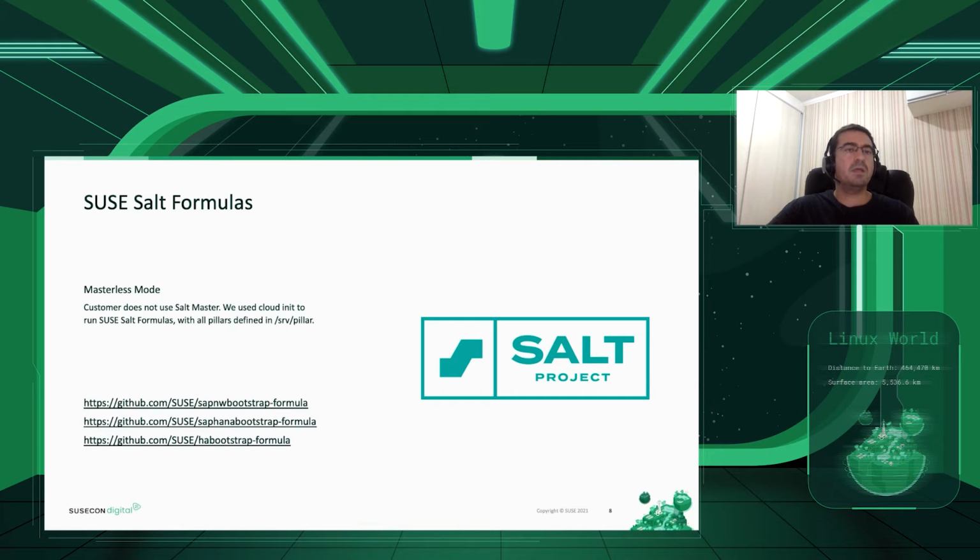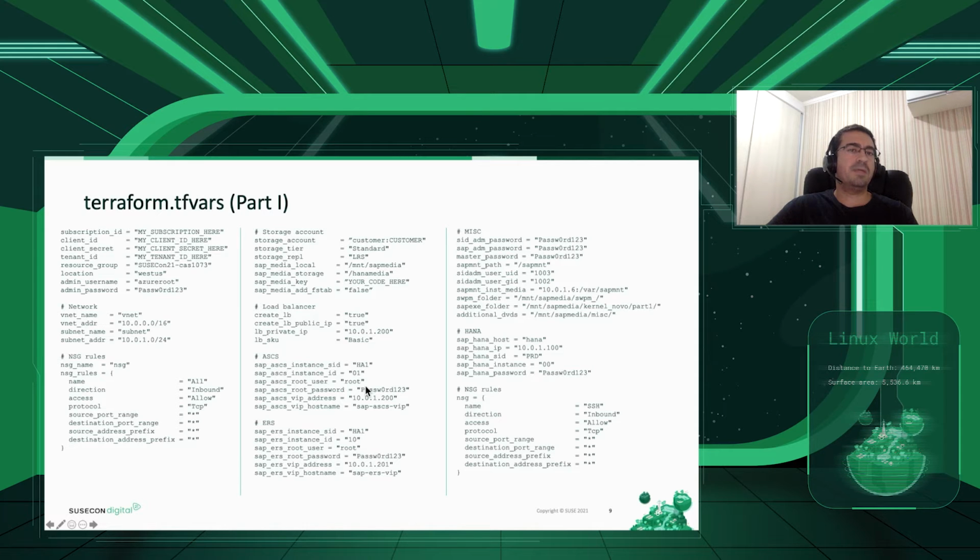And on the next slide, we have an excerpt from the terraform.tfvars file. In this file, we have all the definitions about the deployment of SAP in high availability. So we can fill all the fields with information of our infrastructure. For example, subscriptions, tenant and secrets, information about network security groups, about storage to be used, about load balancing, about ASCS, about